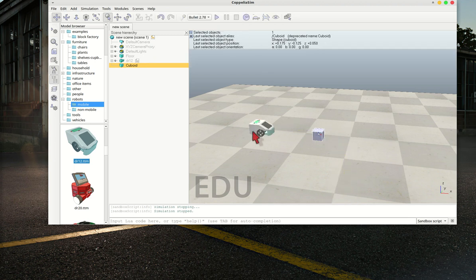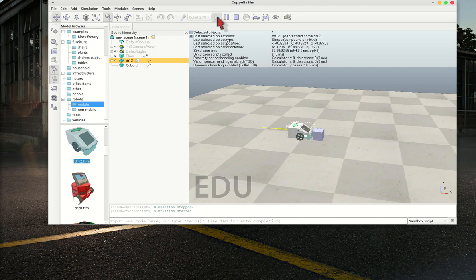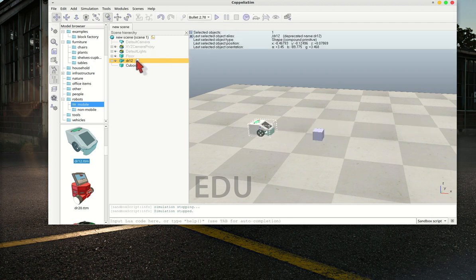Okay. Now let's say you want to modify the code so that instead of turning to the left, when it hits the object, you want it to turn to the right, for example. So you can click this one.